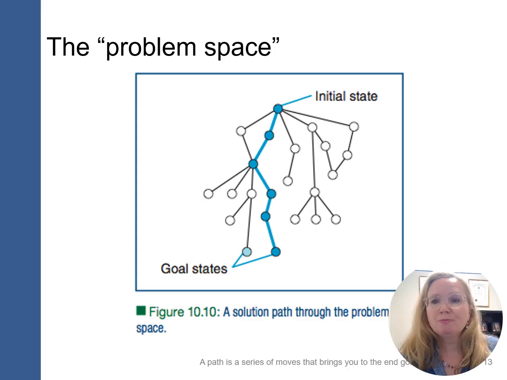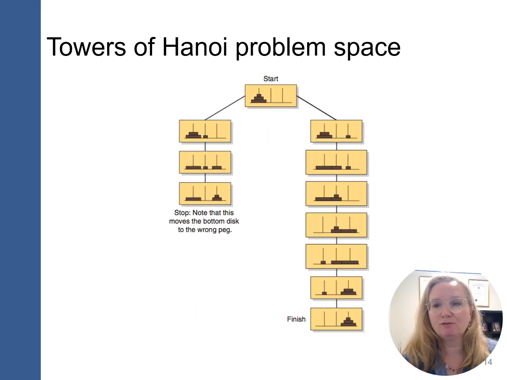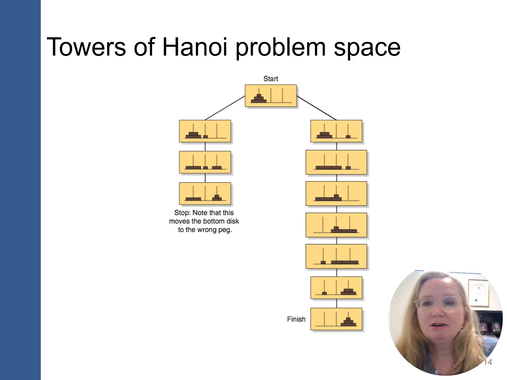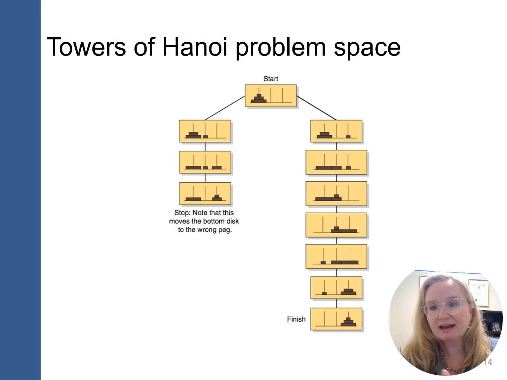And if you lay it out, maybe even like a diagram like this one, it might be easier for you to think through, okay, what are the possible options that would be good solutions? Even the Tower of Hanoi, you could do that, right? You started with all the rings on the first peg and you have to get to the end point, but there may be different ways you could get to the end point, the finish point. If you move the rings in different ways, there could be a shorter path or a longer path to get to that end point. And that would be part of the problem space.